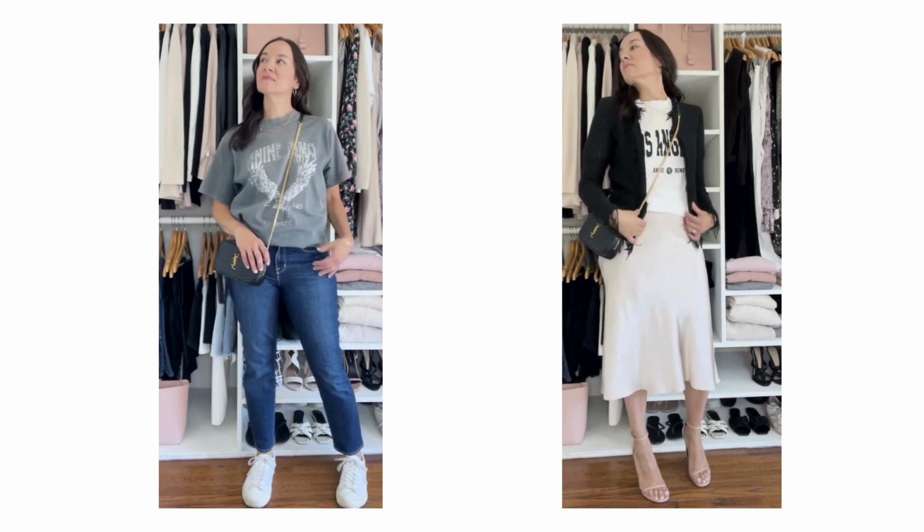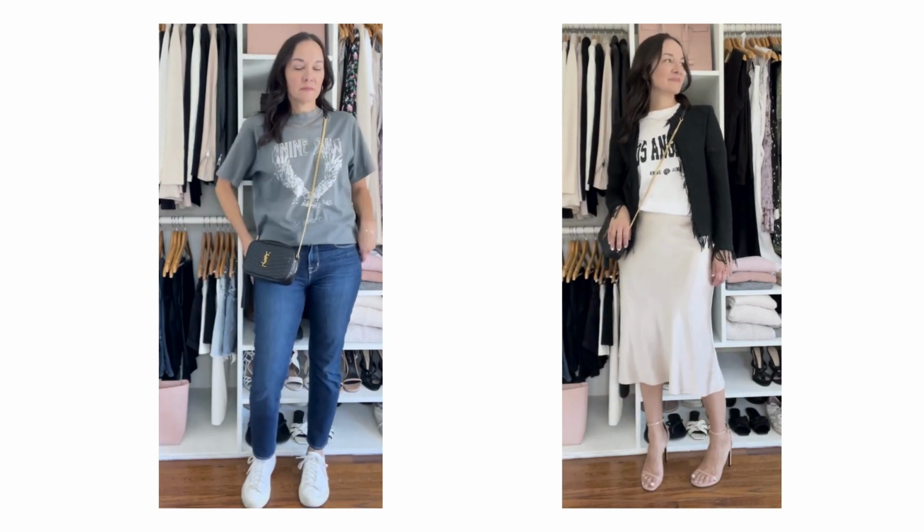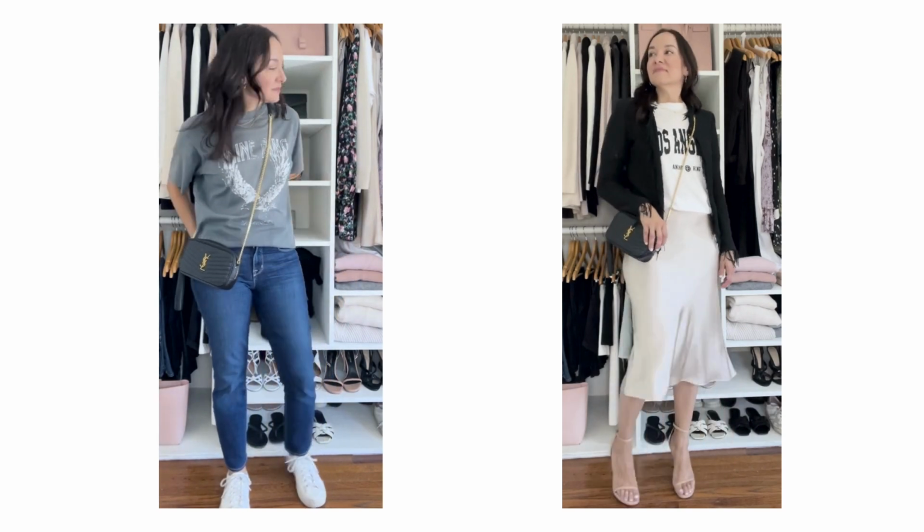I might be distracted by everything I'm seeing if I'm visiting a new place. And this bag for me, this is my Saint Laurent crossbody bag. I've had this for years. It's a great bag that I can use for daytime to elevate my looks, and it also works for evening outfits as well. So having that elevated bag that you love that can work from day to night is a